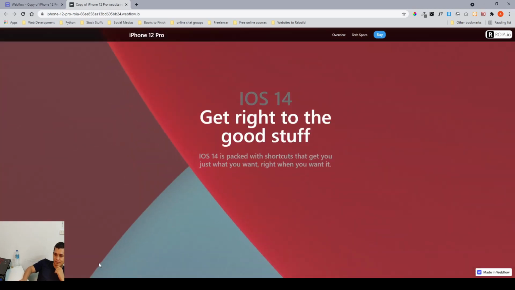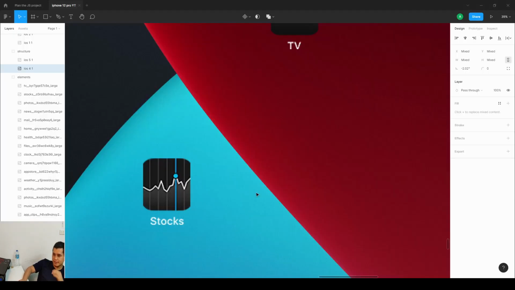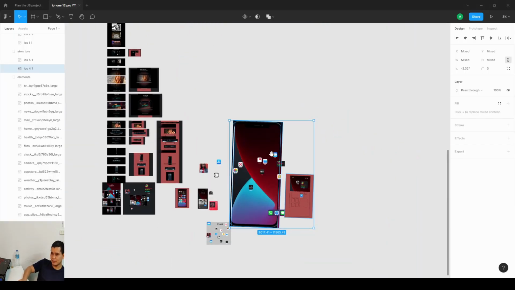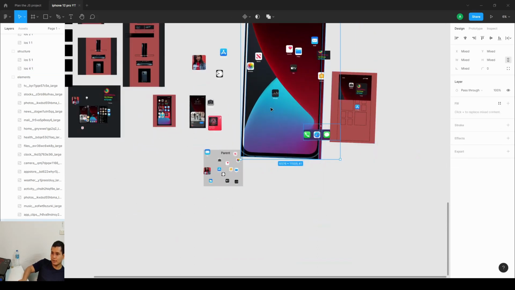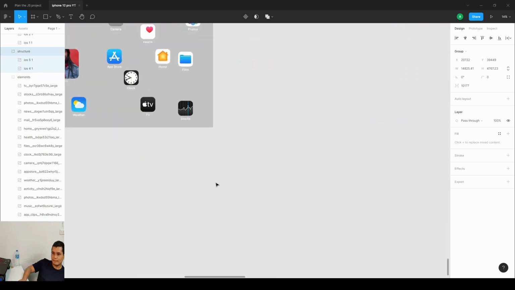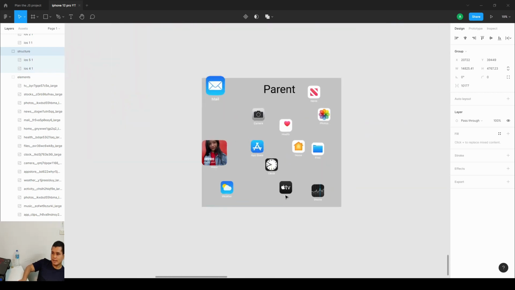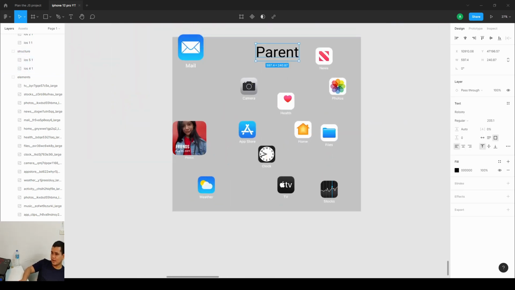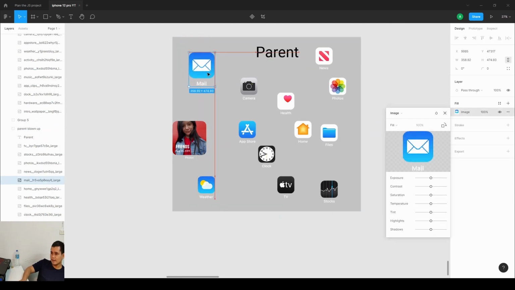Okay, it's finished. And now I told you that I explained to you in here. So let me put it aside. So for example, this one is the parent, right? If I scale this one, for example, 2 times, and the original position is here, and I move it here,